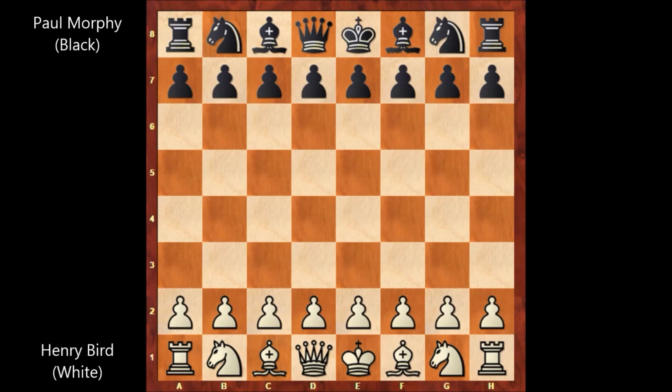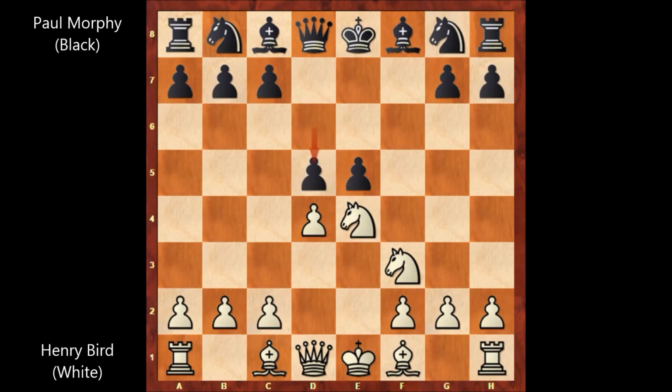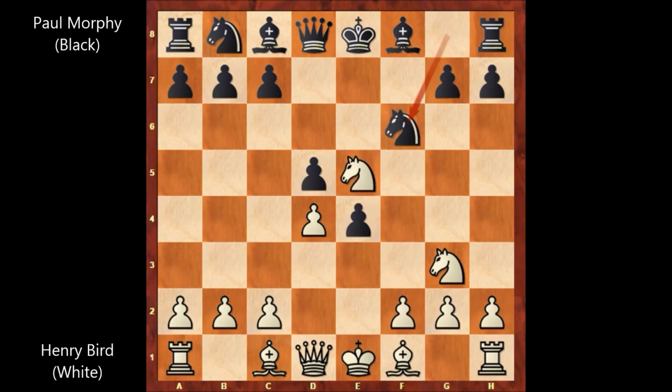Bird starts the game with e4, e5, knight to f3, d6, the Philidor's defense, d4, f5, knight to c3, f takes on e4, knight takes on e4, d5, attacking the knight, knight to g3, e4, attacking the knight and gaining space on the board, knight to e5, knight to f6, bishop to g5, bishop to d6, and